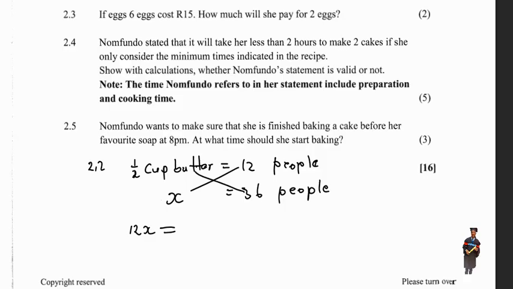When we say 36 multiplied by 1/2, we get 18. When we say 1/2 multiplied by 36, we get 18. And then we want to get rid of this 12. How can we get rid of this 12? We can get rid of it by dividing by it. What we do on the left hand side, we must do on the right hand side. So we also divide by 12 on this side. So this 12 will cancel this 12. We are left with X, which is equal to 18 divided by 12, which gives us 1.5,